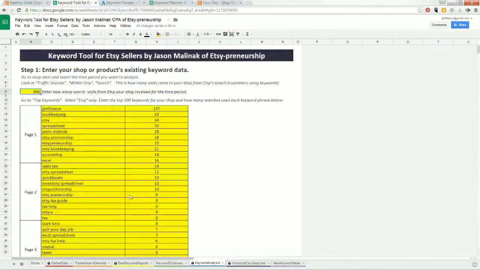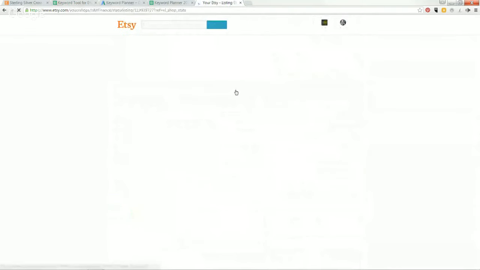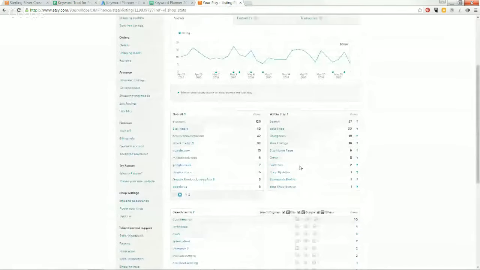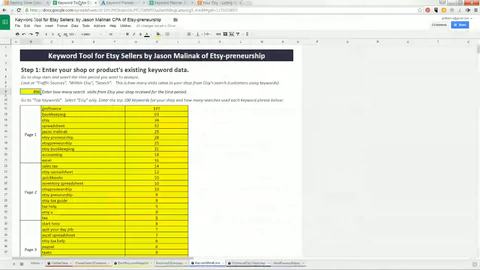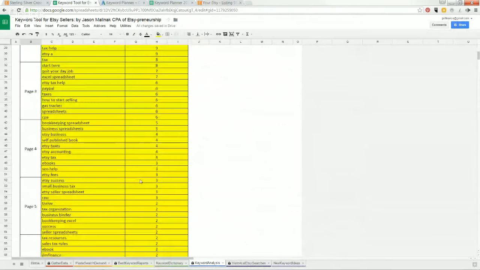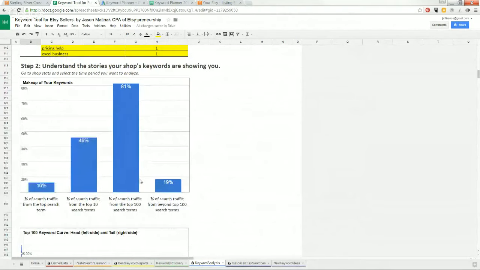So I ran all this on a shop. The other thing that you can do that's unique is you can click on one of your products, and you can start seeing within Etsy Search 37, and then you can go over here and see all the phrases that are used to find your product. And you can enter product information in the yellow shaded cells, and you can see a visualization of what your keywords look like